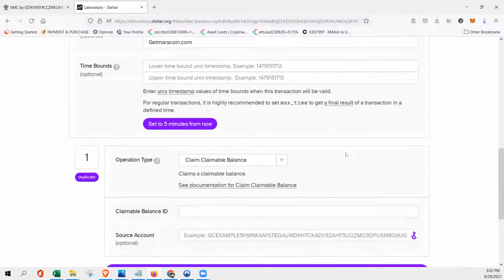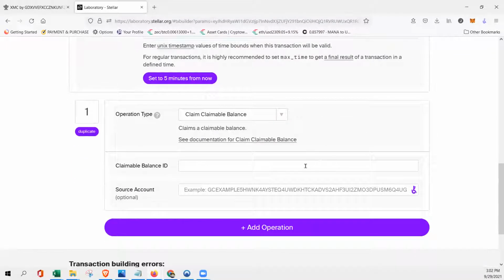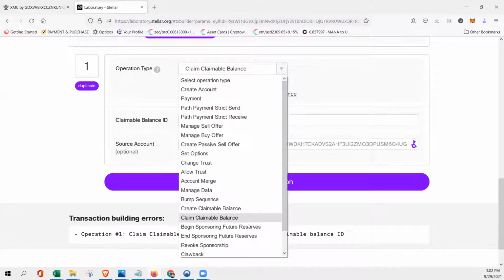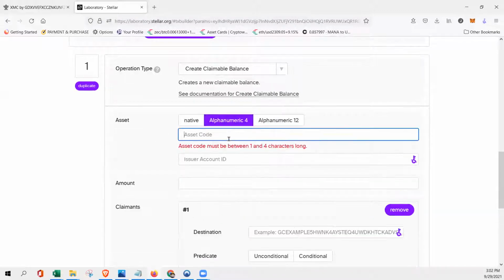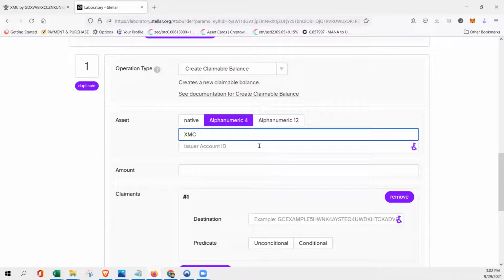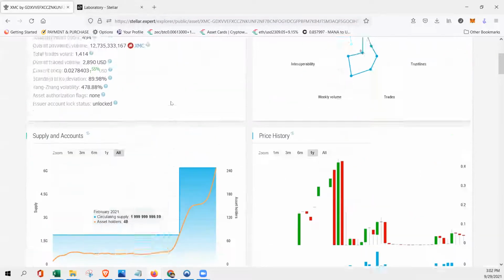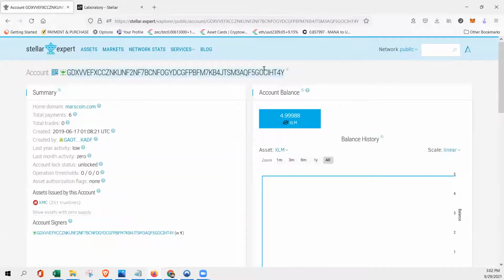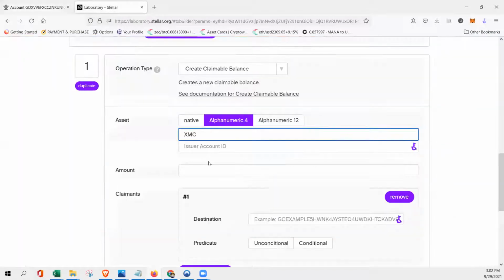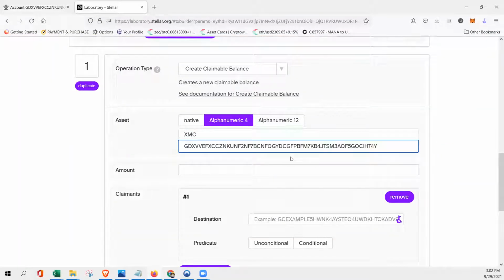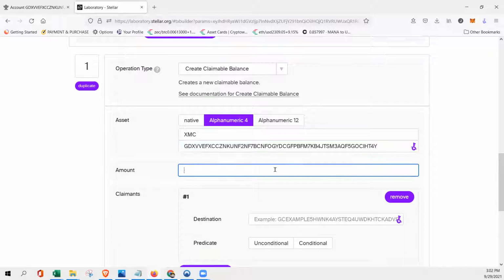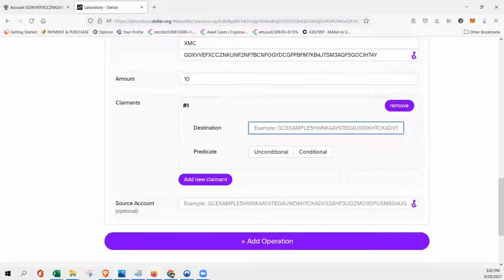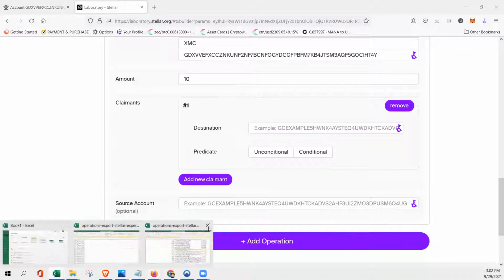Now, create claimable balance. What we're going to do is create a claimable balance because we want to be able to create trust for people that don't know what trust lines are. So what we have to do is put our asset code. We're going to go ahead and select the issuer ID. And this will work for whatever asset you want to airdrop. In this example, we're going to give out 10. And our destination is going to be